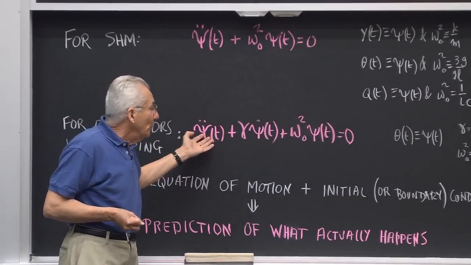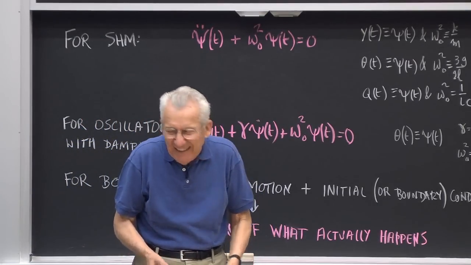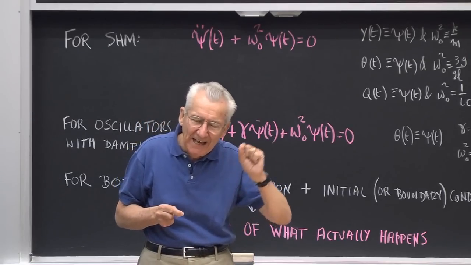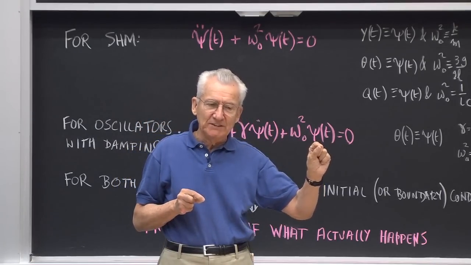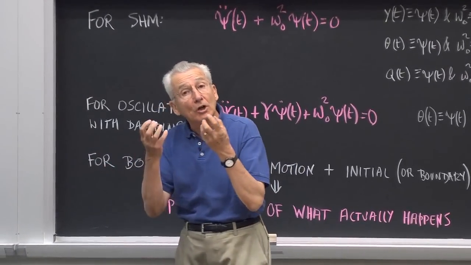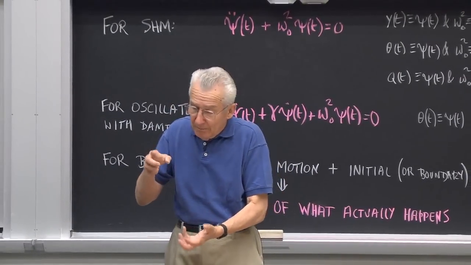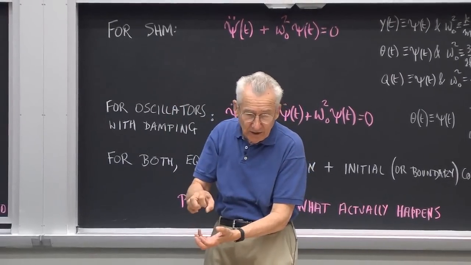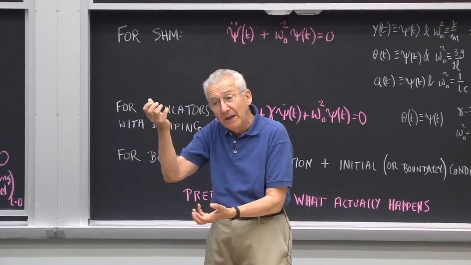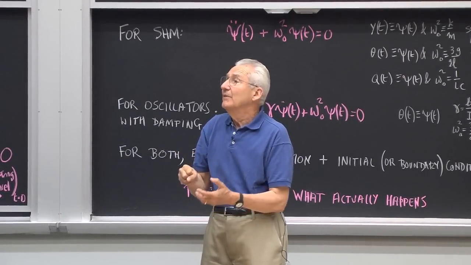So that will describe all oscillators, and in any particular oscillator, if you want to know what exactly happens at a given instant of time, you then need also to know those two constants, the boundary condition. If I have some mass on a spring oscillating, where it will be at some later time does depend on where it is at this very instant.